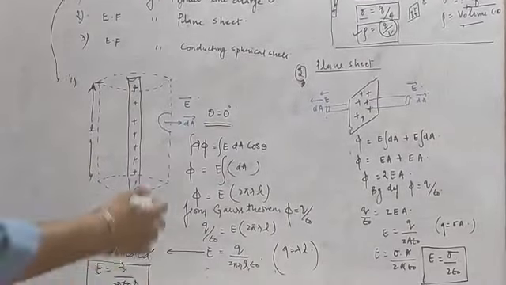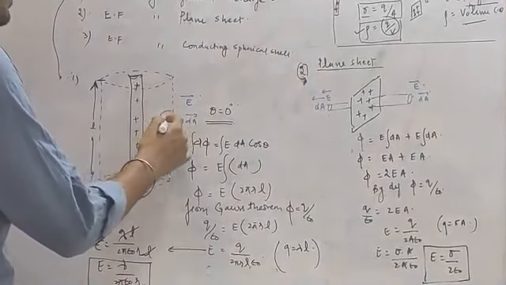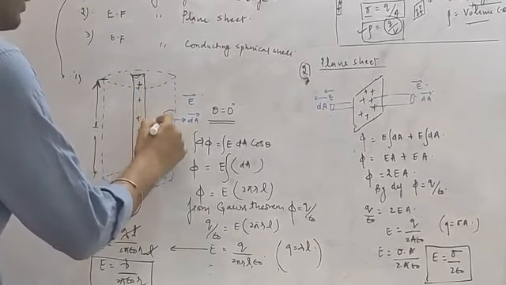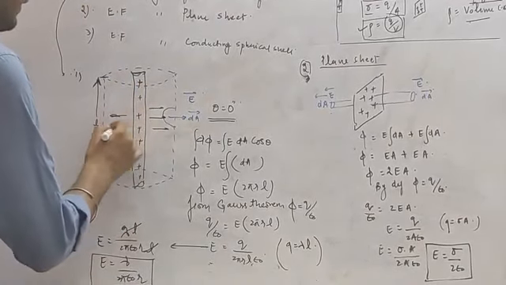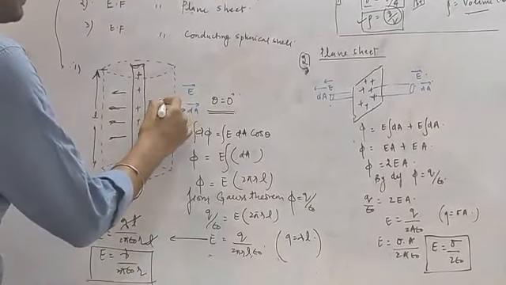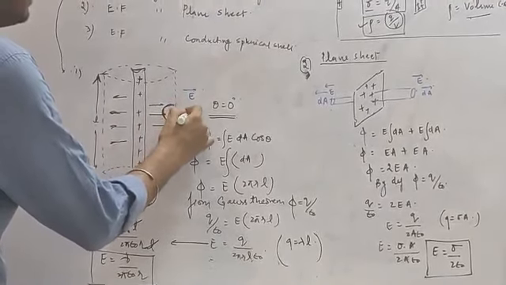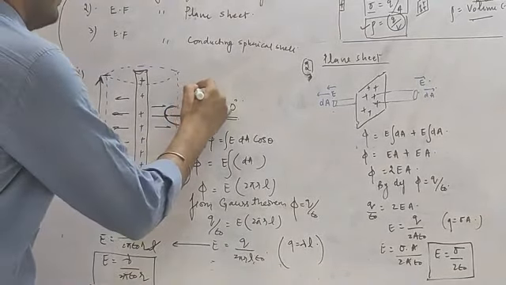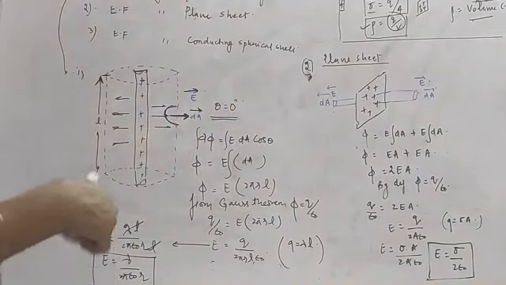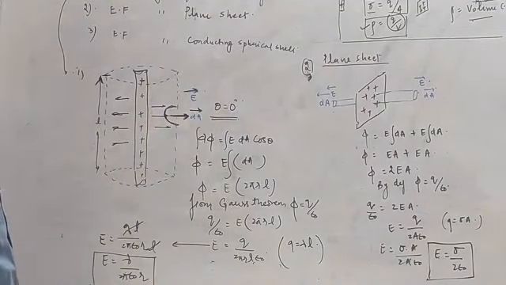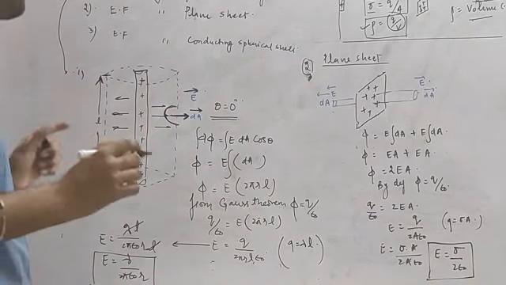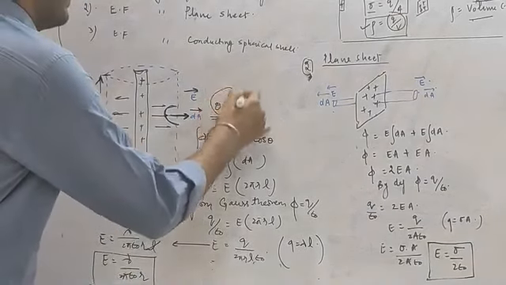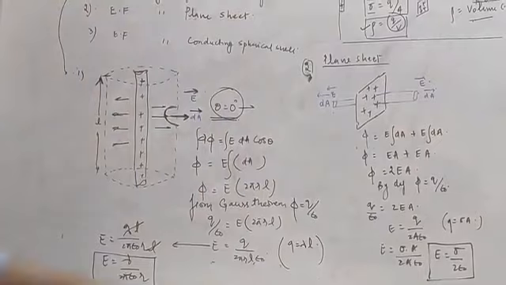Suppose we have taken a box also. We can assume a box also. Suppose this is a positive charge, and the electric field will be moving in all directions. Suppose we have taken an area dA. The area vector will point in this direction, and the electric field will also be in this direction. हमेशा सब में जो एंगल होता है इलेक्ट्रिक फील्ड और एरिया वेक्टर में 0 डिग्री होता है, तभी रिजल्ट आएगा. अगर कोई कहे ऐसा हमने एरिया वेक्टर ले लिया जो 0 डिग्री नहीं हो रहा है, तो फिर रिजल्ट ही खत्म. So theta is the angle between the area vector and electric field, which is equal to 0 degree.